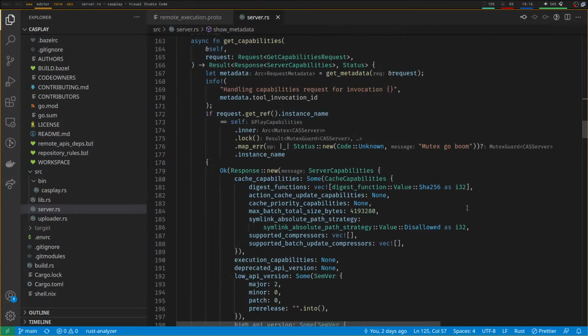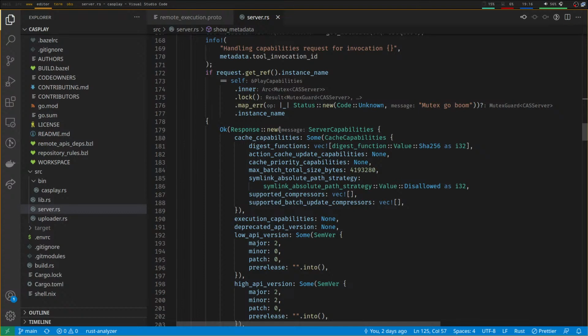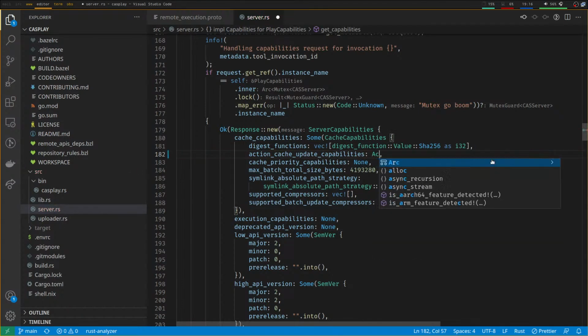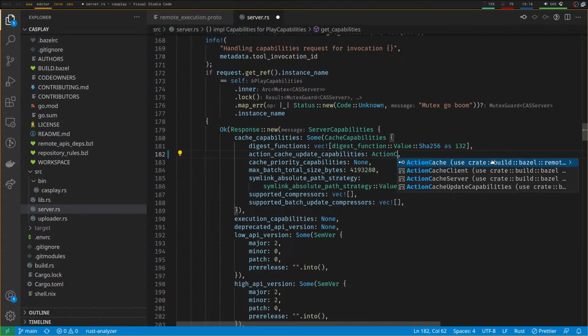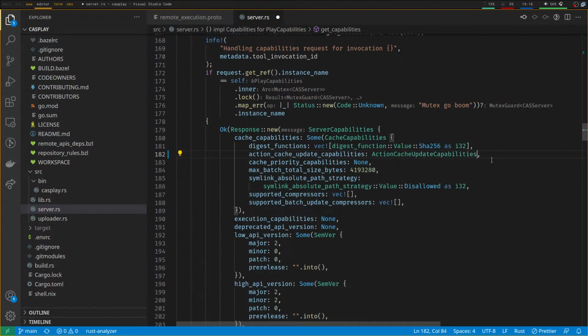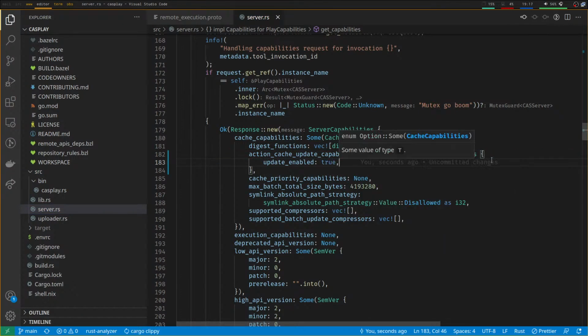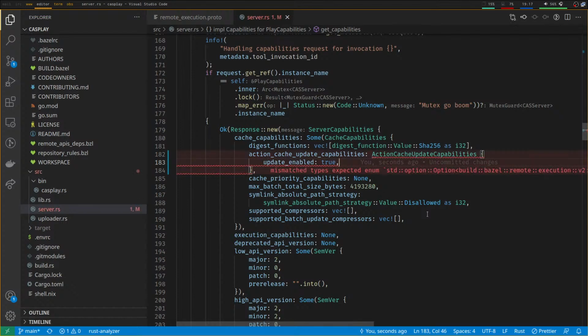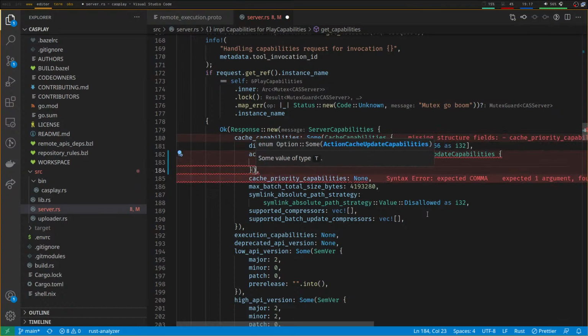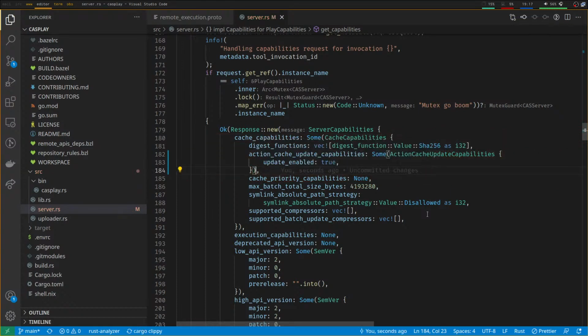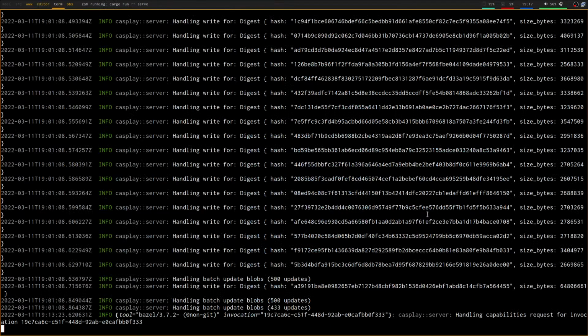So, capabilities. Action cache update capabilities. We've got a none here, so we want an action cache update capabilities. Fill the struct fields, update enabled, true. Mismatched type expected an option. Of course it did, because this is gRPC. Okay,